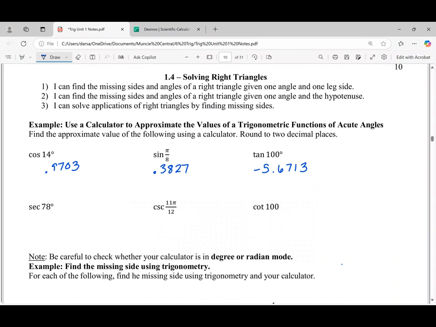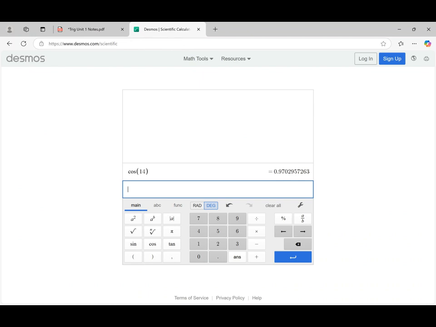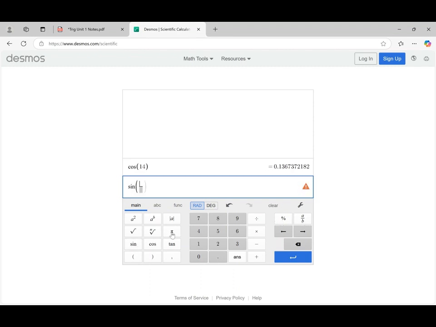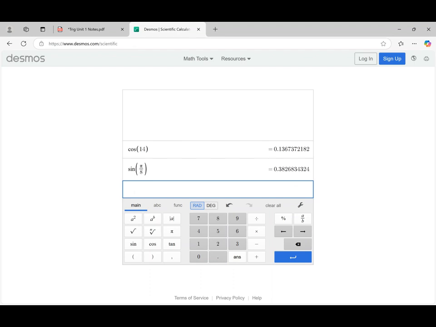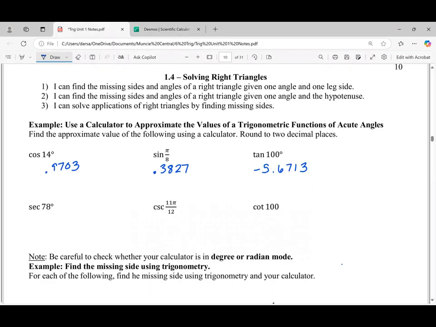If I want to do the sine of pi over 8, it is just as easy, but this is radian mode. So we need to click on the radian button, and then we'll do sine, put in a fraction. The pi button is here. We will hit the right hand arrow. That'll get us over into the denominator. We'll put in an 8 and hit that enter button. 0.3827 is what we get. And lo and behold, that is what we got from our calculator. So you can see it works in much the same